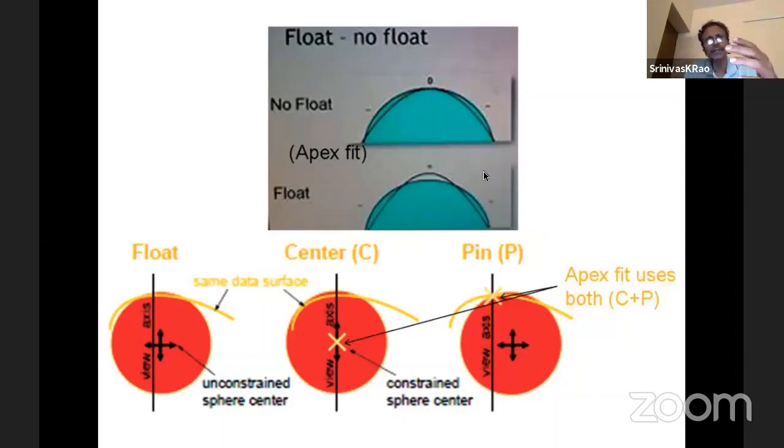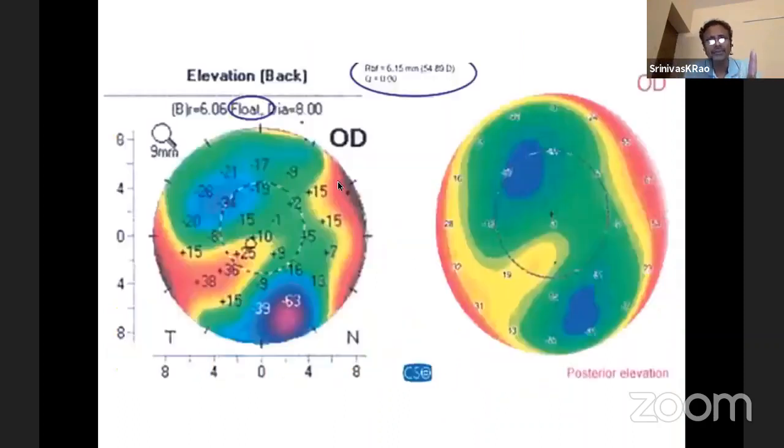Whereas in the no float method, we are basically pinning it at one point. As you said, we can pin it at the apex, we can pin it in both the apex and the center, whichever we want. The importance of this being that if you do the float method, as opposed to the no float method on the right of the screen, you get more data in the float method, and most machines by default will use the float method. Because these are powerful computers, you can always go and change the setting to make it a no float, but by default it is float because you tend to get more data from this aspect.